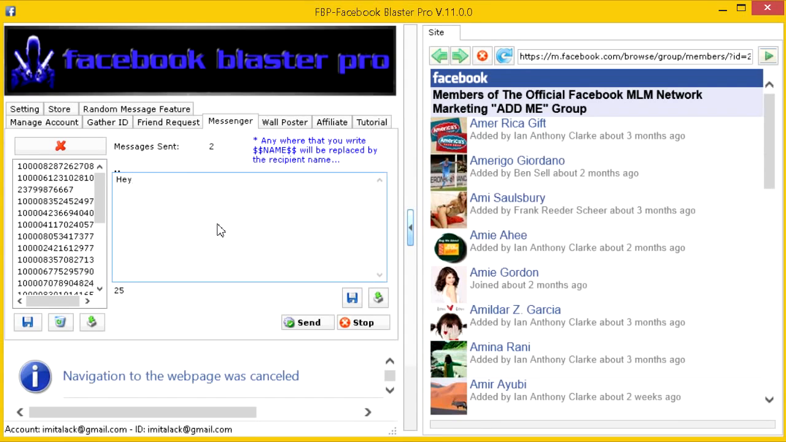Real simple. Hey, and as you can see right here, anywhere that you write this will be replaced by the recipient's name. Okay, so we're gonna put that right here. And what that does is, say we're trying to contact Amy over here, it'll say, hey Amy, and then my message. All right, guys, real simple. So hey Amy, add me,